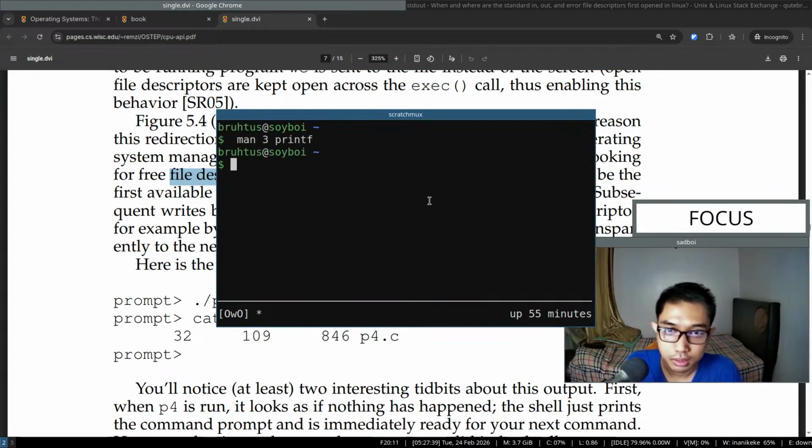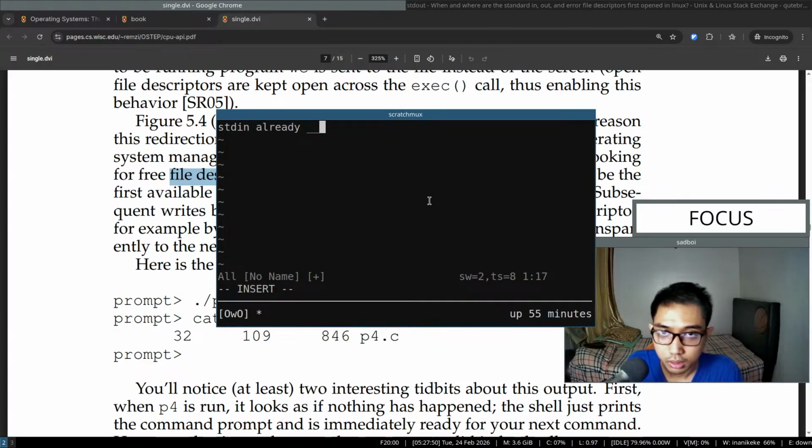Again, my hypothesis is that stdin is already occupied, right? Occupied when spawning the shell,